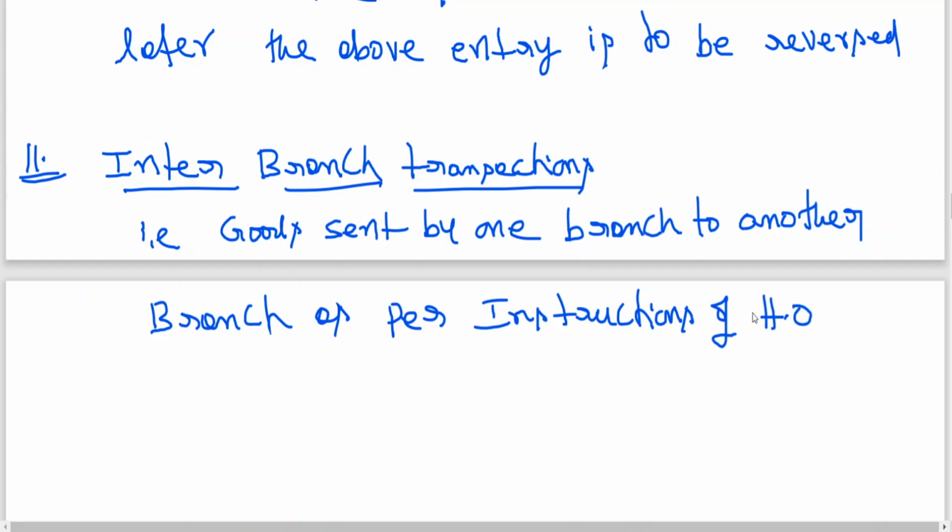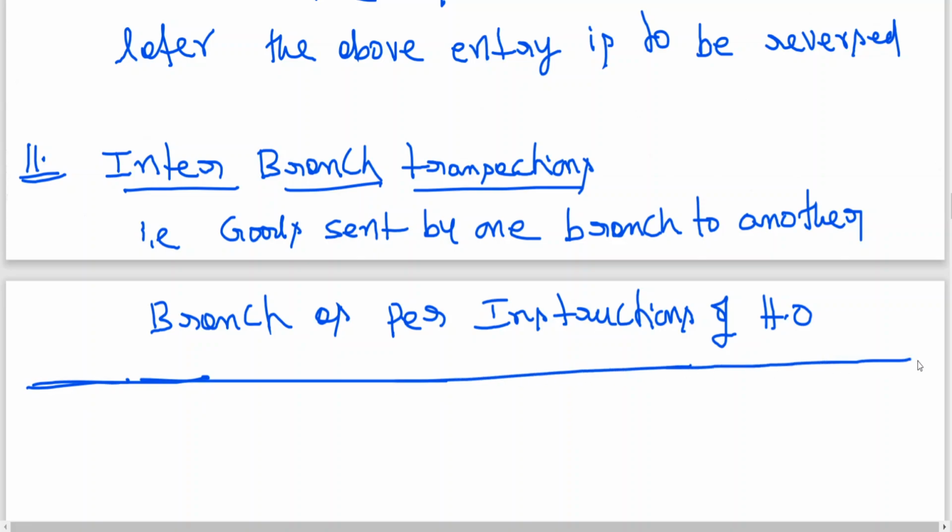Suppose head office is Delhi. They have branches in Hyderabad and Vijayawada. Vijayawada branch needs some goods. By the time they start sending goods from head office, they may be too late. Meanwhile, the nearby branch is at Hyderabad. The Delhi head office may ask the branch that has sufficient inventory to send the necessary goods. That is the kind of transaction we are talking about, sent by one branch to another branch as per instructions of head office.